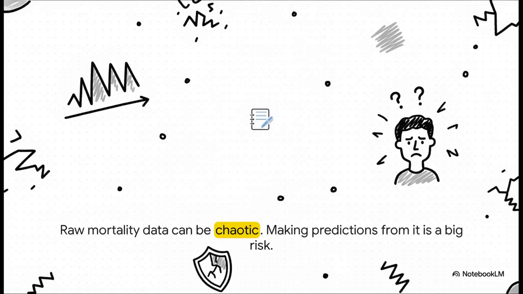And to make this really concrete, here's a perfect example. This is raw mortality data. Every single dot is a real observed death rate for a given age. But look how much they jump around. It's totally erratic. If you try to use this crude data to set something important, like life insurance premiums, you'd end up with madness. Prices would leap up one year and then plummet the next. It's a massive financial risk.